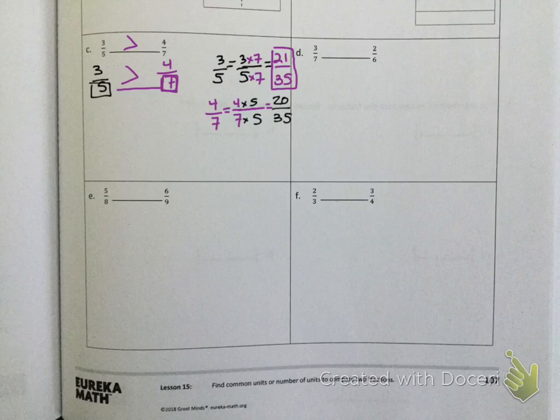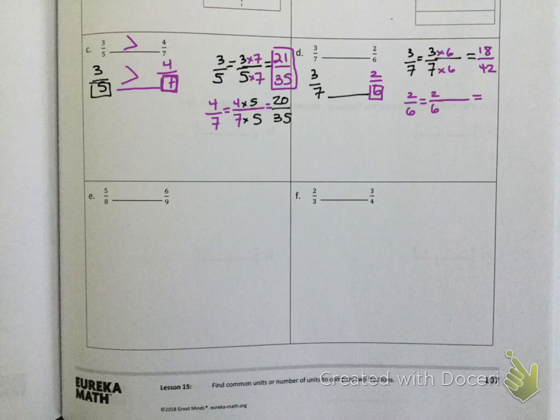Let's just do a little bit more practice where we have 3/7 and 2/6. We can't really tell, so I'm going to be using multiplication in order to just find out. So we have 3/7. I am going to use the other denominator, the sixths, and I'm going to be multiplying it by 3/7, and so I should get 18/42. I'm going to be doing the same thing to 2/6. I'm going to be multiplying it by this seventh here. And we should get